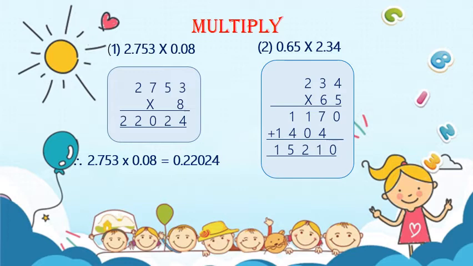In the first decimal fraction 0.65, the number of decimal places is 2, and in the second decimal fraction, that is 2.34, the number of decimal places is again 2. So what is the sum of decimal places in both these decimal fractions? It is 2 plus 2, 4. So in the product also we will have 4 decimal places, that is we will put the decimal point before 5, right? Means our product will be 1.5210. And children, since 0 has no value, we can write 1.521 as our final product.